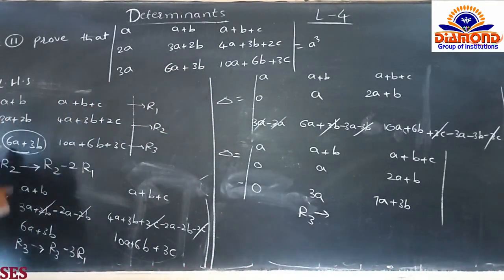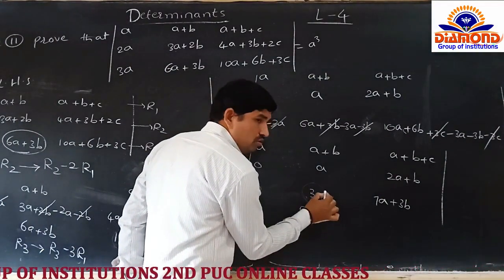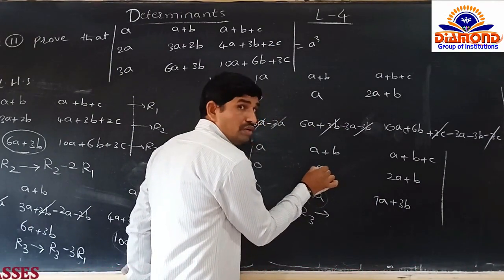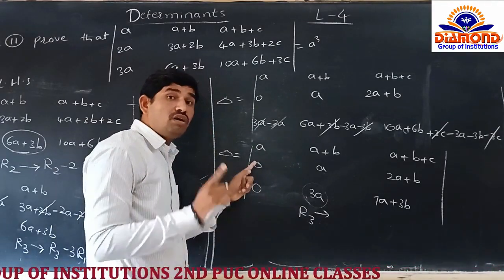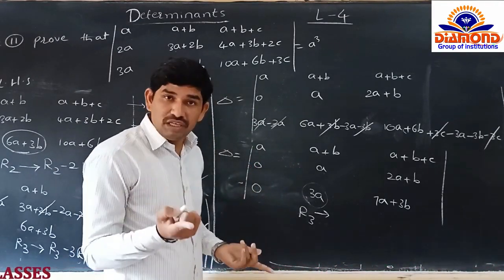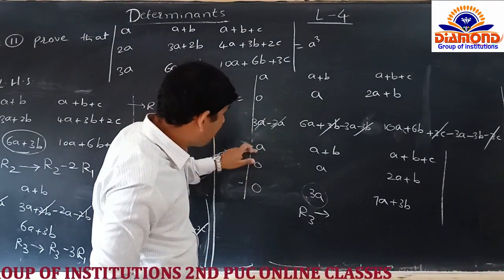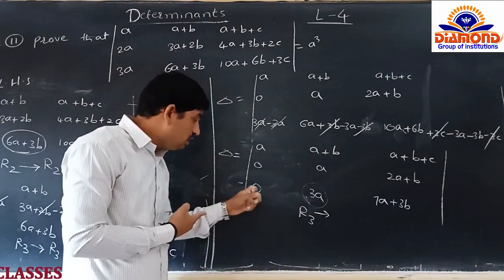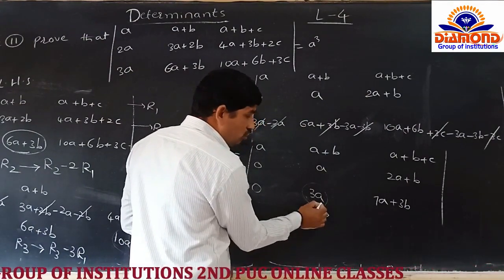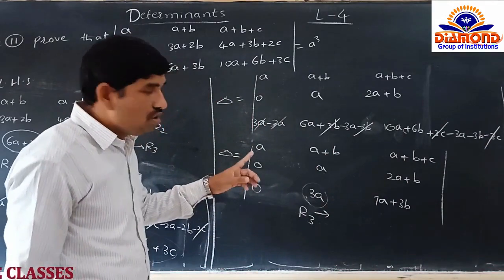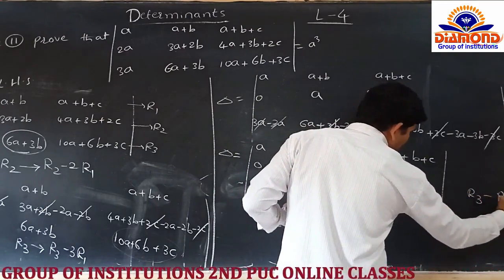So what we have to do? We have to make this place a 0. Remember one thing, if we are going to make this place a 0, definitely we have to use R2. Remember, we are not using R1. Why we are not using R1 means these two places already we got the 0. 0 minus 0, again we get 0. Suppose if you are using R1, it is 0 minus C, again it will get the minus C. Okay? So actually this place also 0 or not? Yes, that's why. Remember, to make this place a 0, definitely we have to use R2 only.